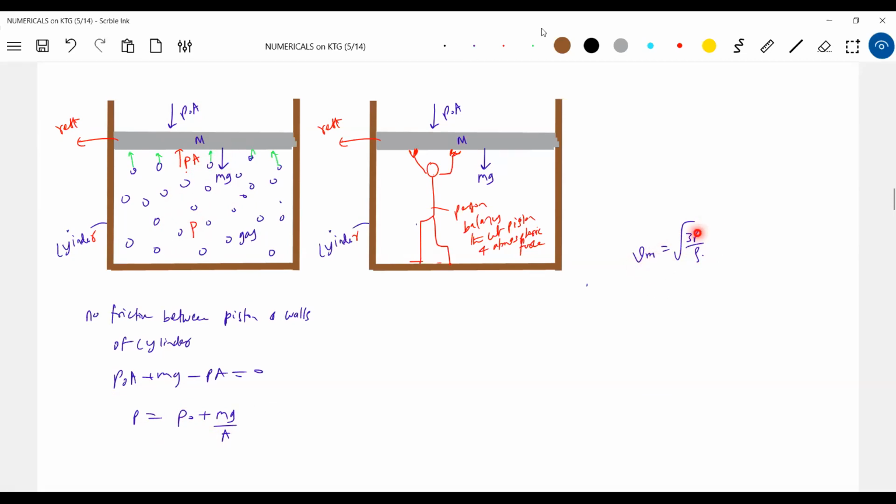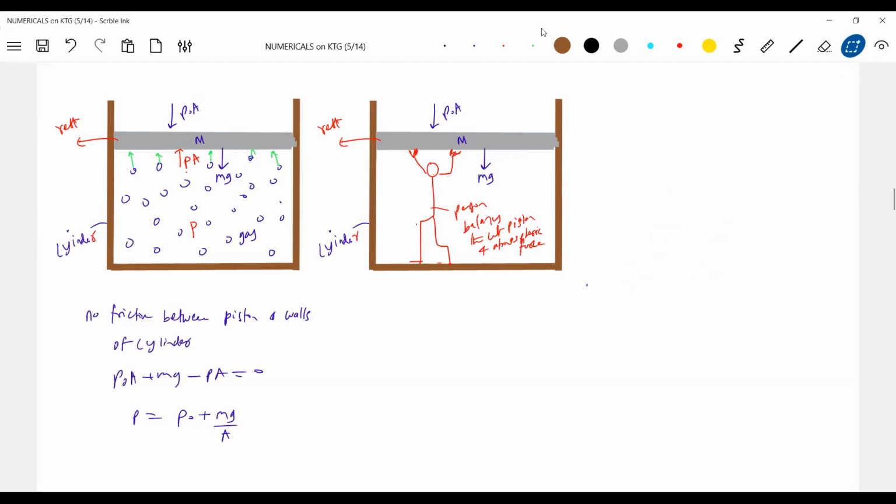Why is the pressure of gas there? Because the molecules are moving, they'll go and collide. When the moving molecules collide, there'll be a change in momentum. Due to the change in momentum, the molecule exerts a force. Like that, the net force exerted by the molecules on the piston is the pressure of the gas. Getting the idea? So the two approaches are very important. In physics, the numericals are based on this: P equals P naught plus mg by A.